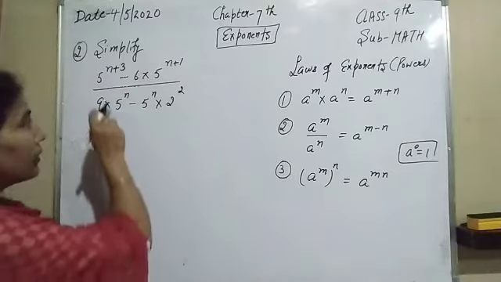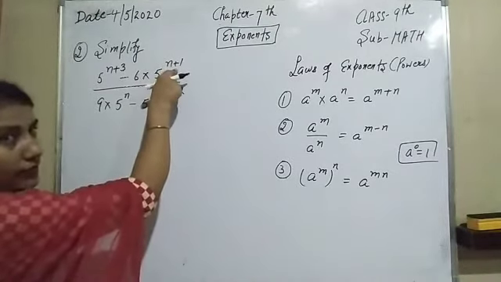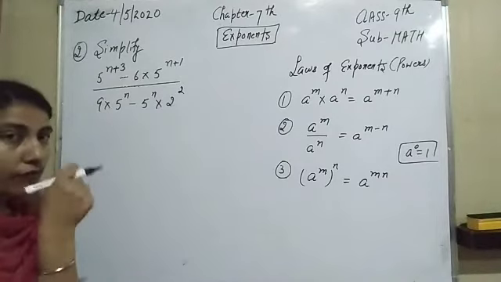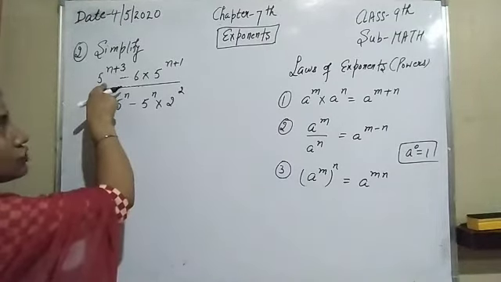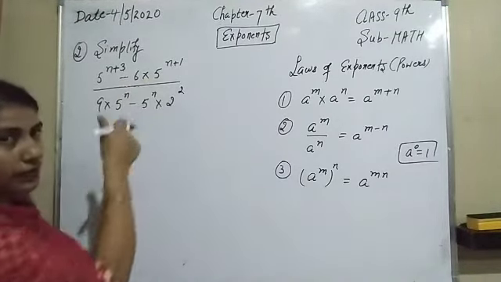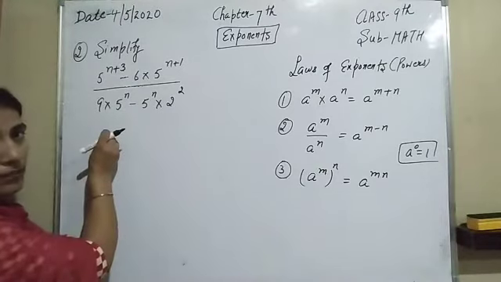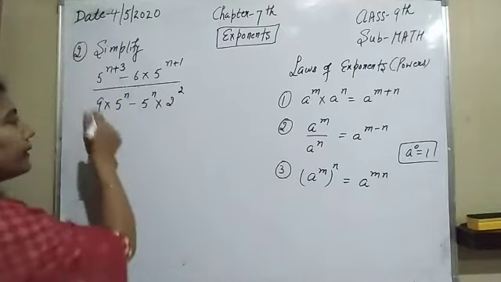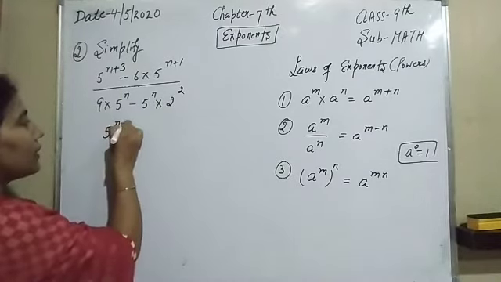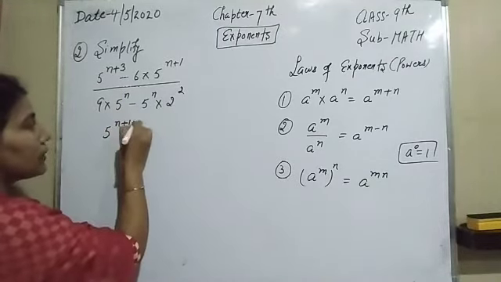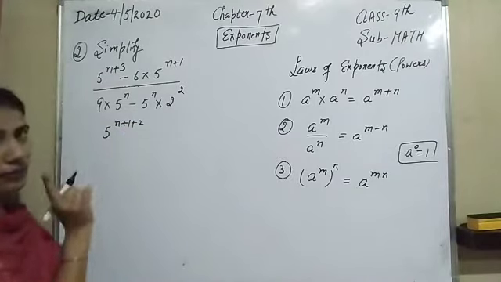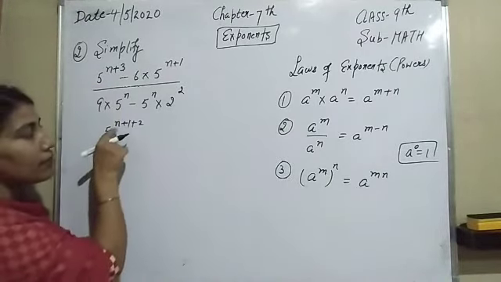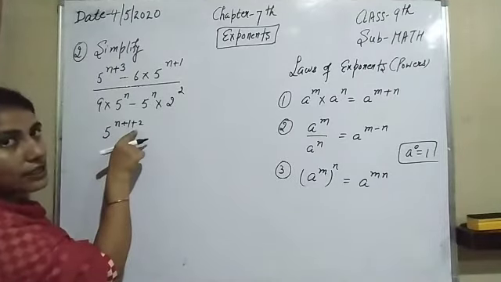Now look here. Here is 5 raised to power n plus 1, and we can also make it in the form of 5 raised to power n plus 1. Why? Because here is also 5 raised to power n plus 1, and here is 5 raised to power n plus 1, so it can be taken as a common value, 5 raised to power n plus 1. So you can write it as 5 raised to power n plus 1. Here is 3, so plus 2. 1 plus 2 is 3. So we can write 5 raised to power n plus 3 as 5 raised to power n plus 1 plus 2.